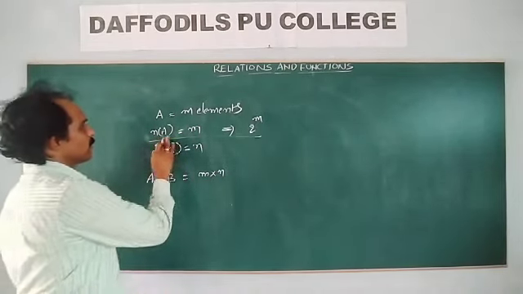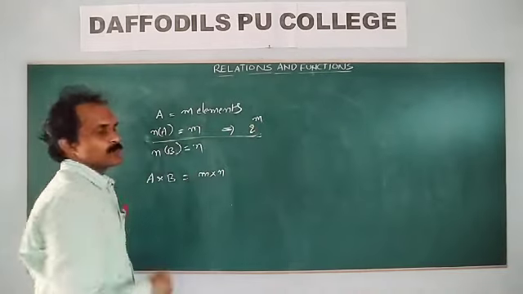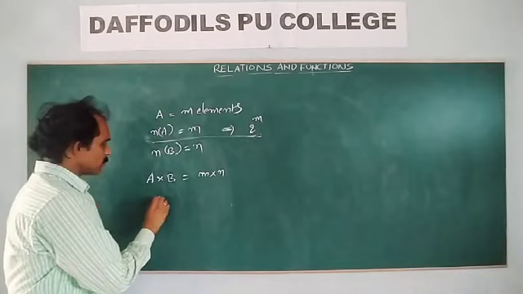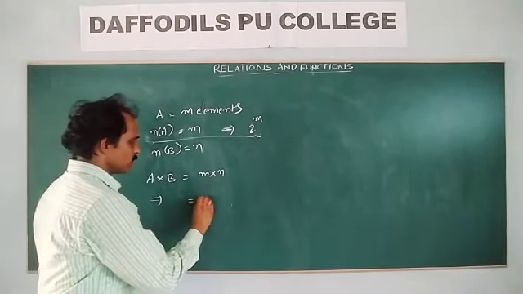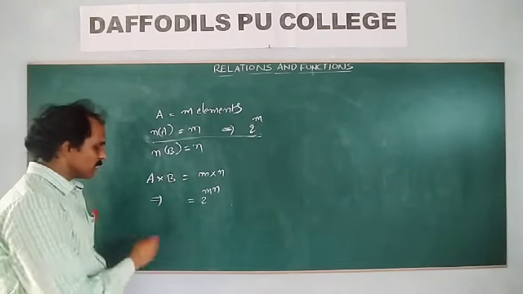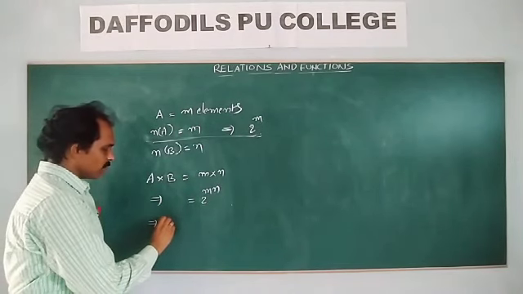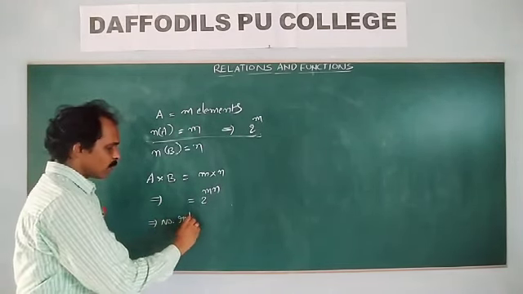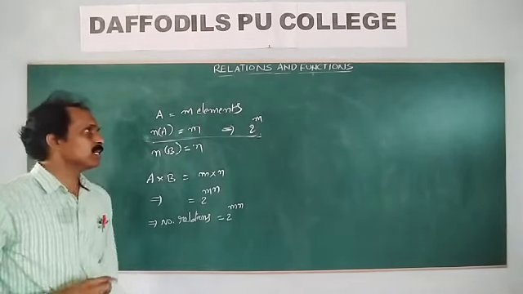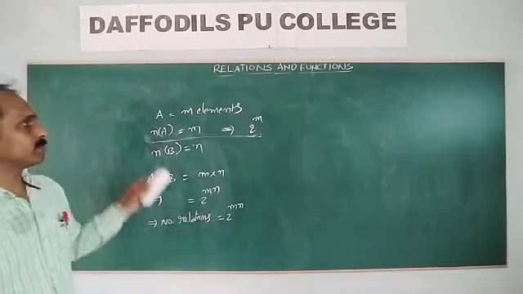Particularly for one set, the number of subsets is 2 to the power of M. That is a formula, which is there in first year also. Okay. The number of subsets of A cross B is equal to 2 to the power of MN. That implies the number of possible relations is also 2 to the power of MN. So this is the number of relations formula.